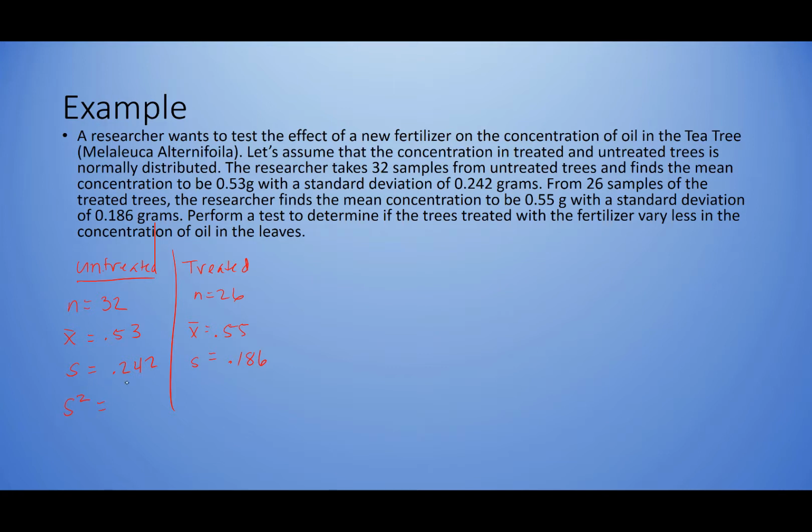So my variance for untreated, I'm going to take 0.242 and I'm going to square that value, and that's going to give me 0.058564. So that's my sample variance for the untreated. And my sample variance for the treated, same process. I'm going to take my standard deviation, 0.186, and I'm going to square it. And when I do that, I get